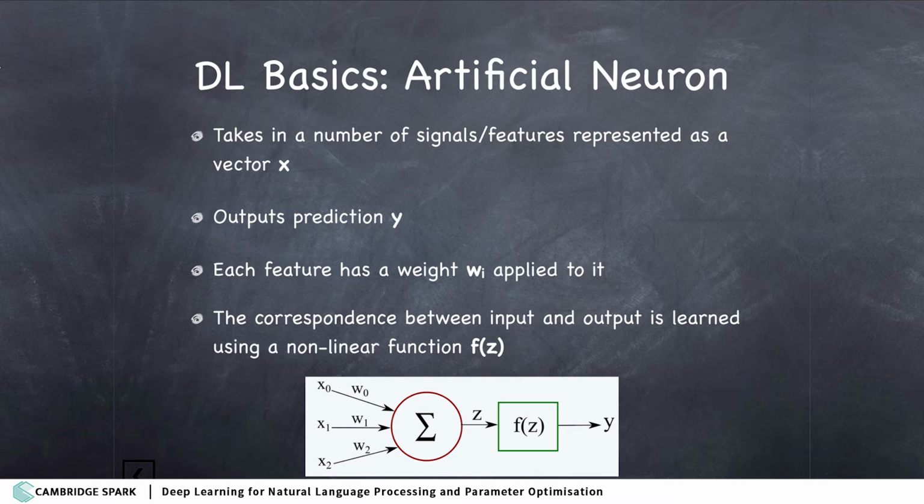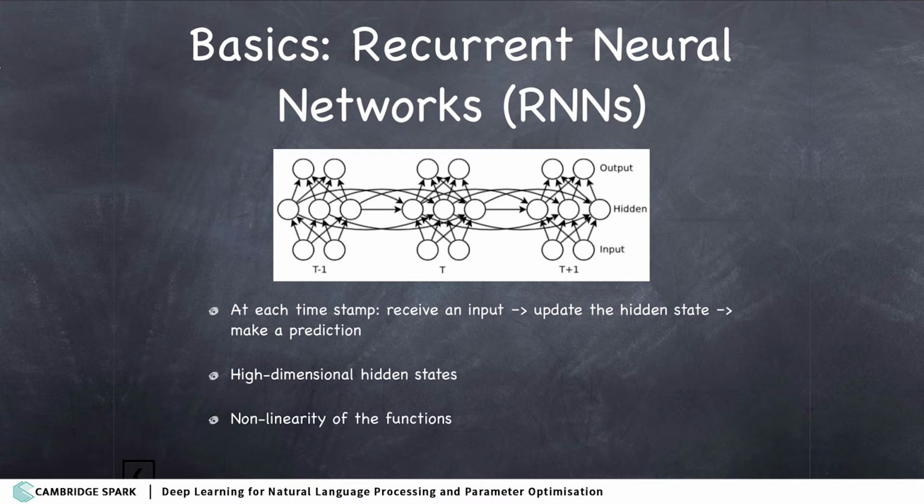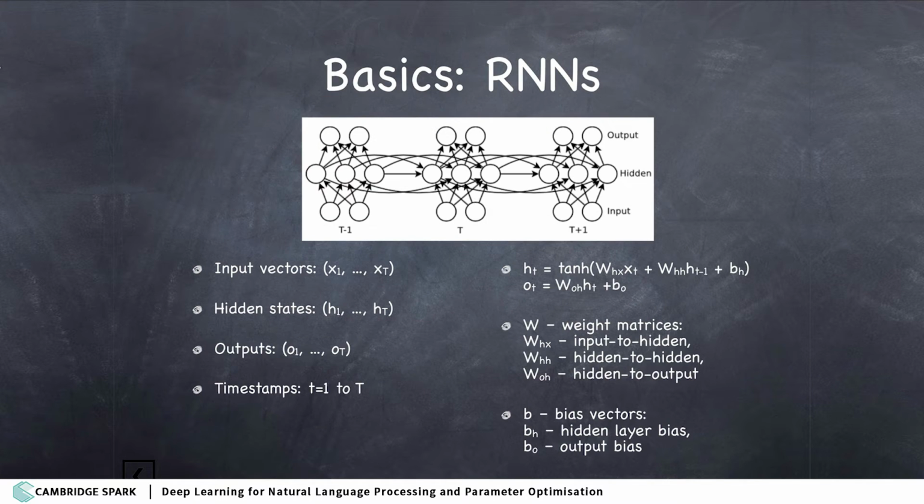So the representation is simply like that. But when we talk about the networks, they are going to connect many different neurons, and they are going to use a more complicated structure. The idea behind the recurrent neural networks is that they are able to store the information and pass it from one hidden unit at one timestamp to the next timestamp, and so on. So it is going to keep the information for us, and this is what makes those algorithms powerful. Another important idea to keep in mind is that it uses these nonlinear functions that help to approximate the output. This is the math behind these networks.